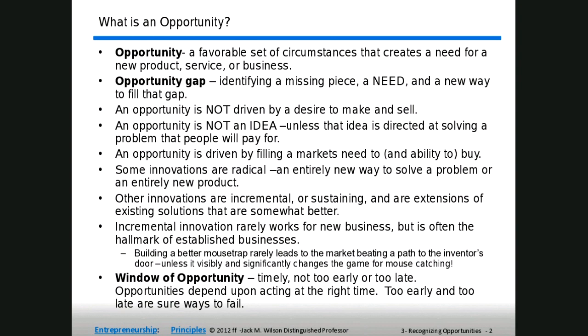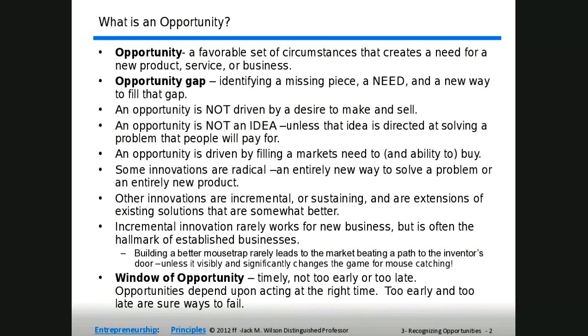Okay. One of the things, the difference between incremental innovation and radical innovation: incremental innovation rarely works for a new business. Because if you're coming into a new business, suppose you say, oh, I'm going to make a pickup truck and I'm going to have some of the cylinders shut off. I'm sorry, you're never going to be able to break into General Motors, Ford, and Chrysler, and Toyota and Nissan and the others who sell trucks because they're way ahead of you. It's only an incremental innovation. You're not going to be able to get into the marketplace.